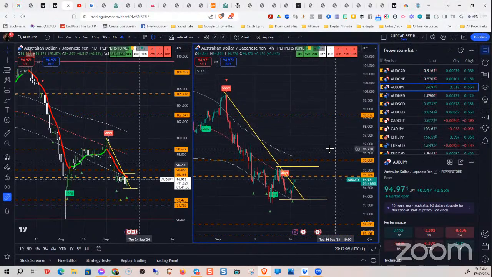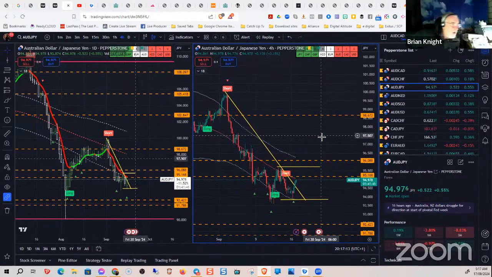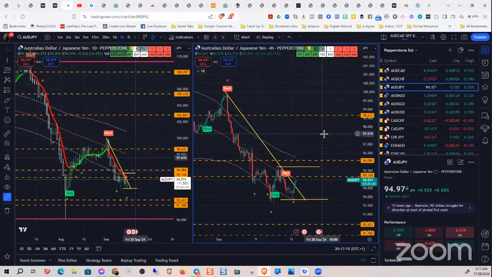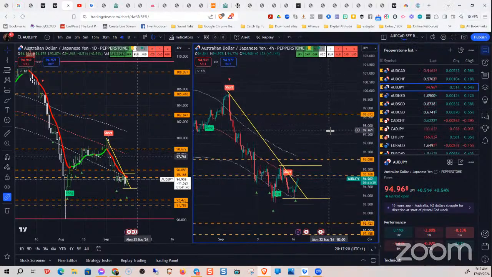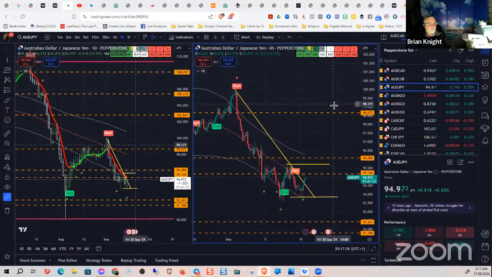All it needs is one failed candle backwards, back down. Just displaying that it just has no power to break that bottom. Yeah, 4 hour, you mean, candle. That's right. Okay, lovely. AUD